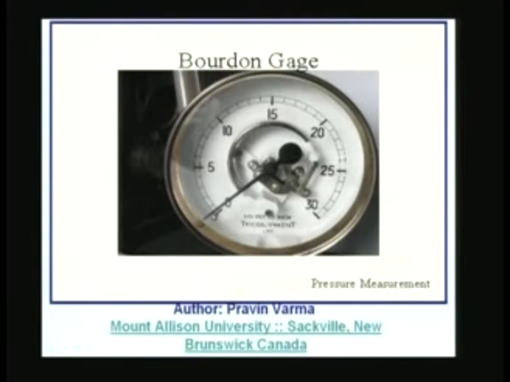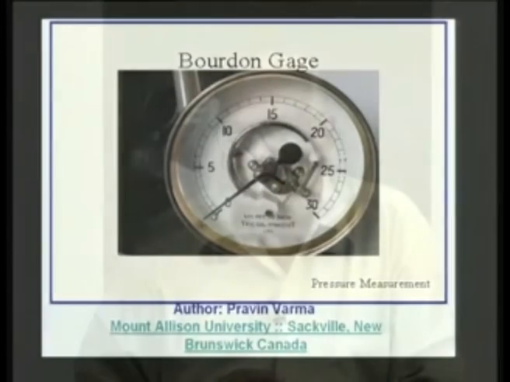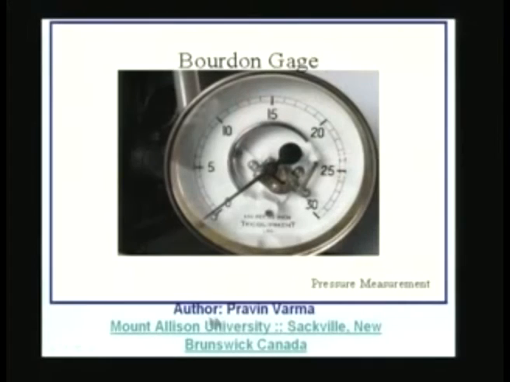So, the first type we are going to look at is called the Bourdon gauge. Let me just briefly explain the mechanism, or the way it is going to function. I have taken a picture which was available on the net, and I have presented it here. It is from the net, in which Praveen Verma has put this particular picture, and a few more interesting pictures are available there. If one would like to look at them, one can go to the website and look at them. This is typically the appearance of a Bourdon gauge.